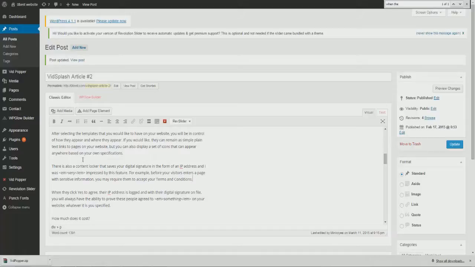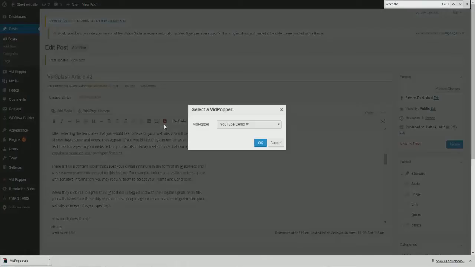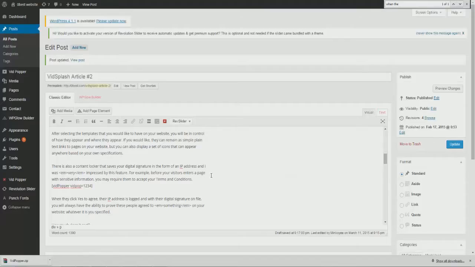So we're going to click on Vidpopper. As you can see, if I had multiple videos created, this drop-down list would include all of them. But I only have the one, so I'm going to click OK. As you can see now, it's inserted one simple little block of shortcode, the Vidpopper shortcode, and the ID of the video is also right there. So now we're going to update this page and cross our fingers